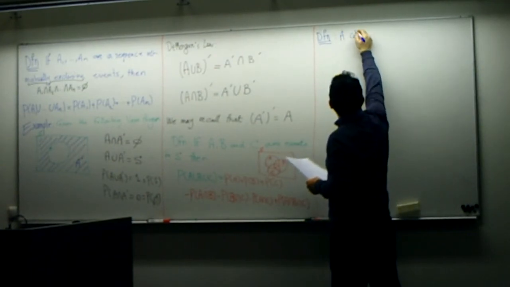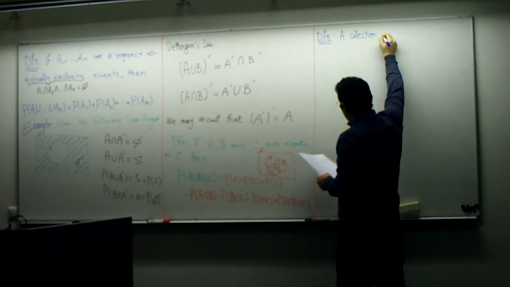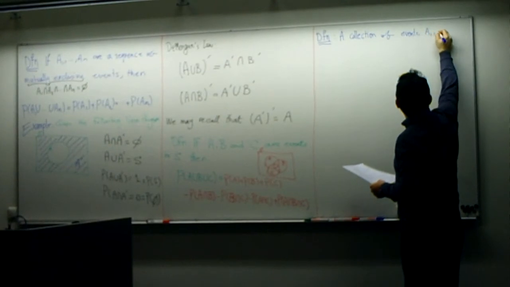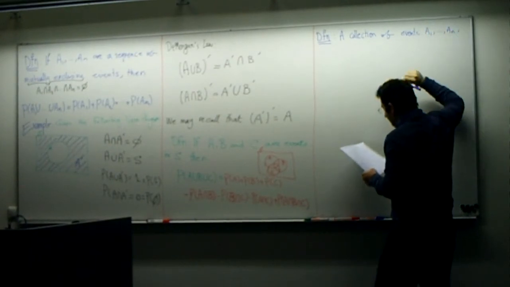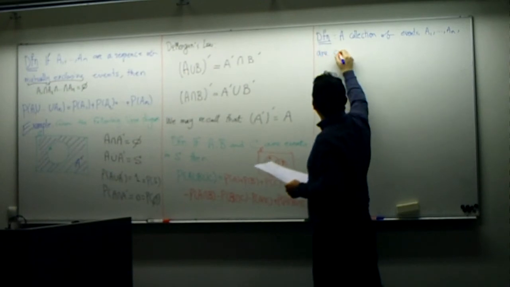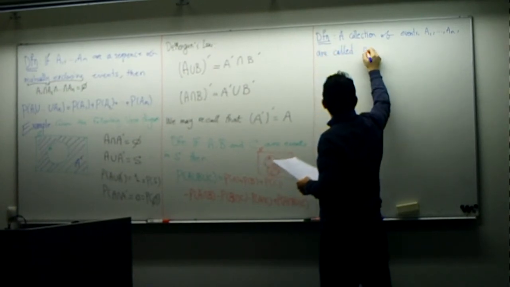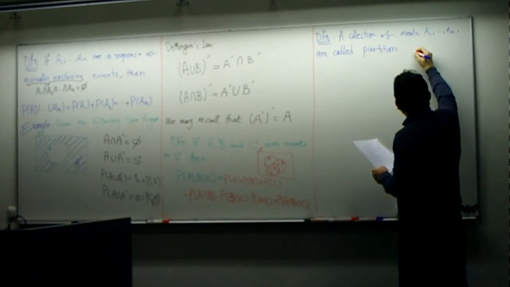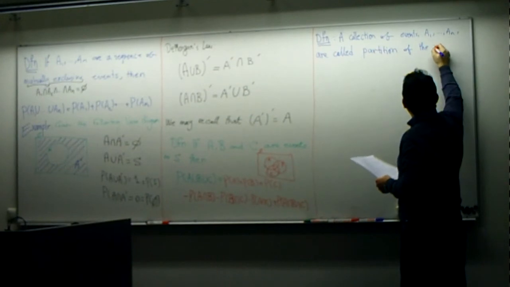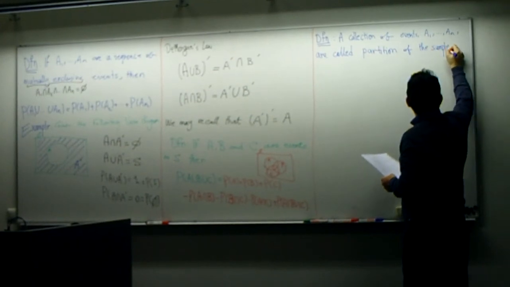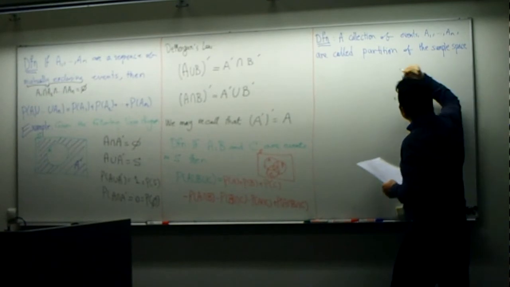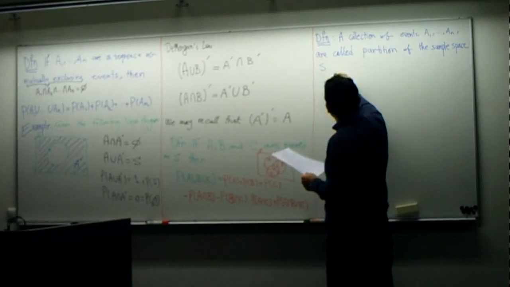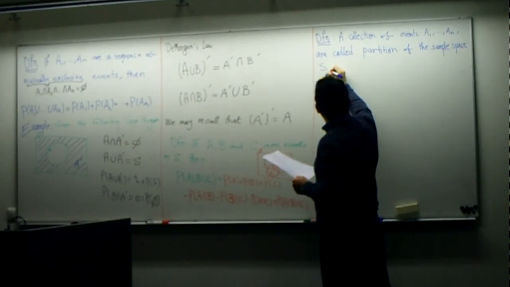A collection of events, let's say A1 till AN, are called a partition of the sample space S if